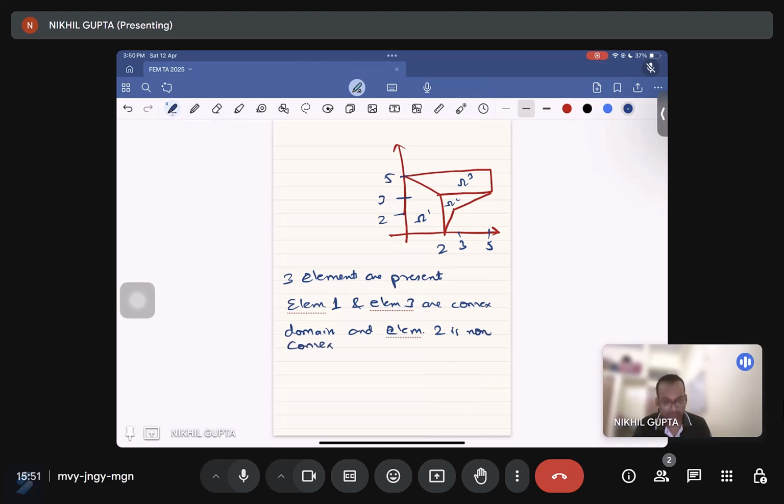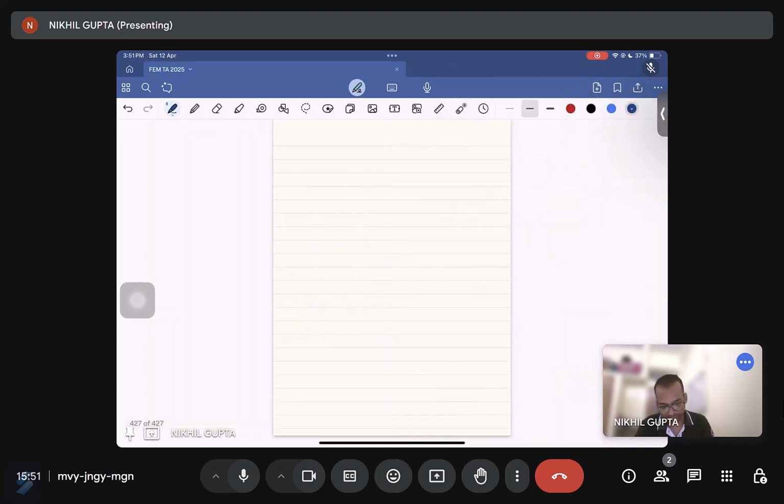So let me first discuss what is convex and what is non-convex. If you see, element 2 is not in a convex domain